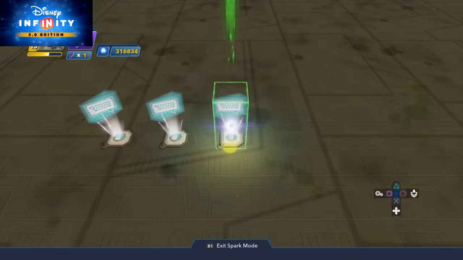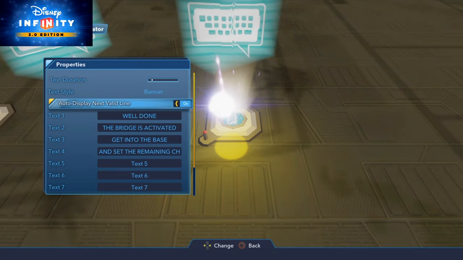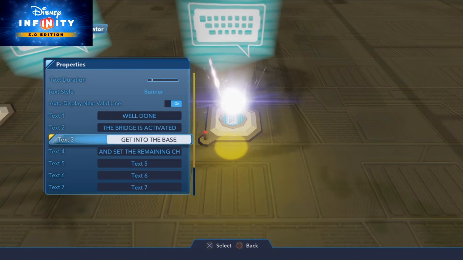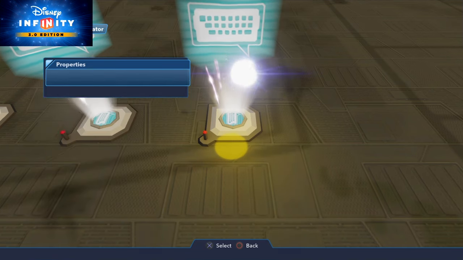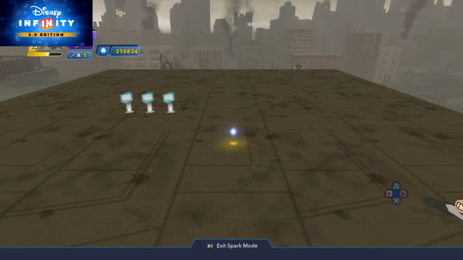And the other one is that when the whole thing blows up, it will then say, right, this is the objective, well done, what do you want to go do next? And this one tells us the bridge is deactivated and so on. You can make your own message of what you want to do, but that's the we've done the job, let's move on message. Okay, right, so now